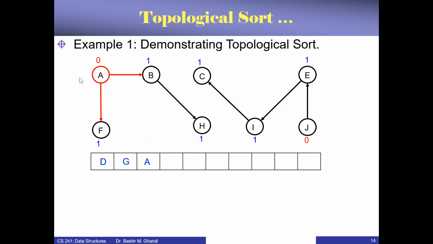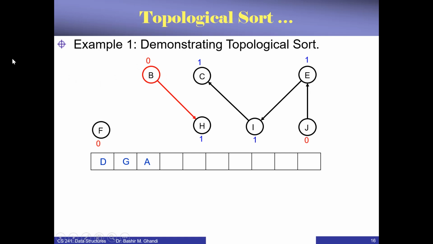Visiting it means we're going to write A in our list of visited vertices, and then delete the edge and update the corresponding in degrees of the adjacent vertices. So F and B will both reduce to 0, as you can see here. Okay, good. So now again we have 3 vertices with in degree 0, B, F, and J. Obviously B is the first one alphabetically,